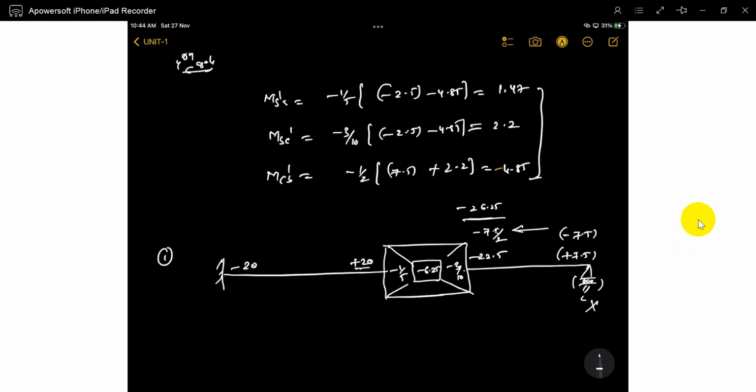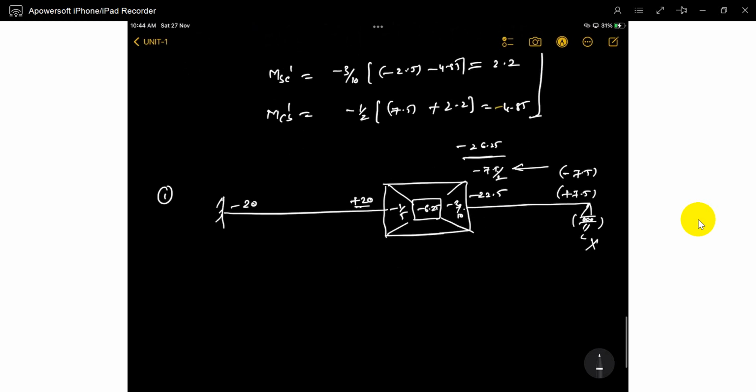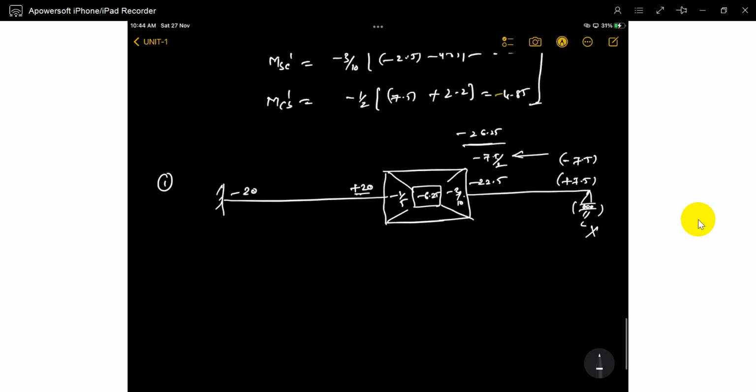It's just 6.25, na? That's it. It's just a 6.25. Now we can do only one iteration. That's enough, na? Only one iteration. Just see. So what is MAB? MAB is directly 1 by 5 minus 6.25. What is that value? 6.25 divided by 5, you will get 1.25 plus